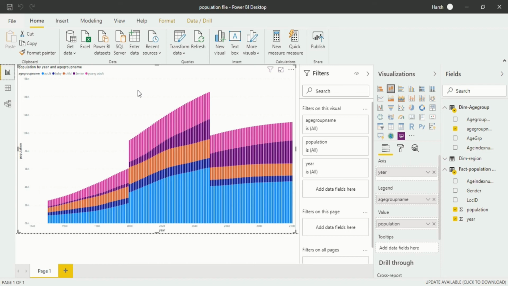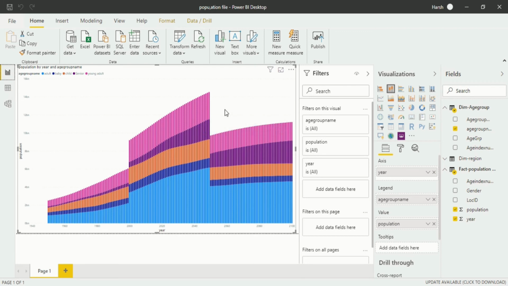Now we are in Power BI Desktop in the data model interface. Here I have created a visualization in the report view. How can you know this is the report view? On the left side of the pane you will see there are three views available in Power BI Desktop. This is the report view, where you can see visualizations.